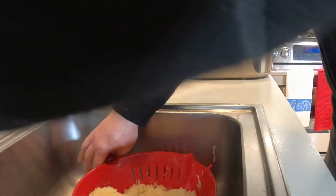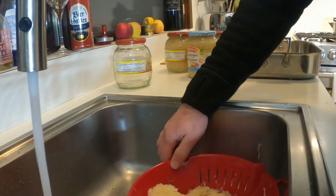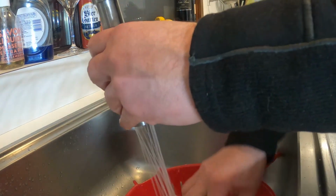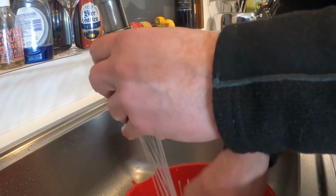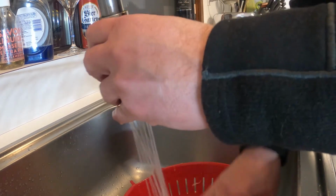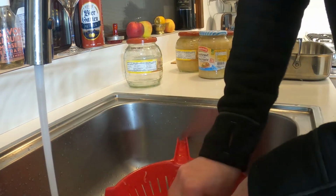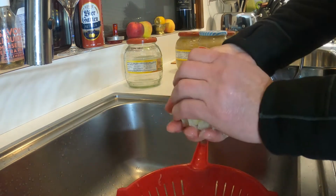All right. Cold water. You gotta see what I'm doing here. Rinse it, rinse it, rinse it. Don't let that unbelievably sour taste be your definition of what this is supposed to taste like, because it's not. No way. And from there, you're going to want to squeeze the water out of it